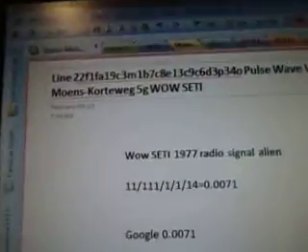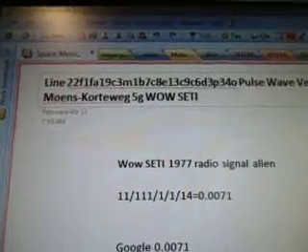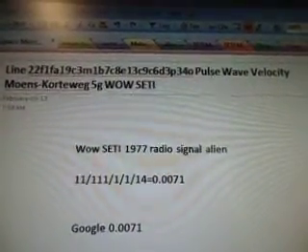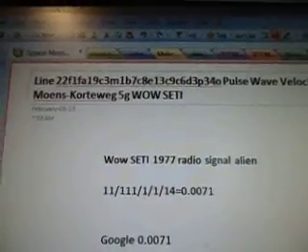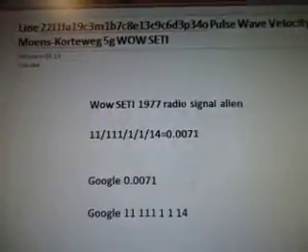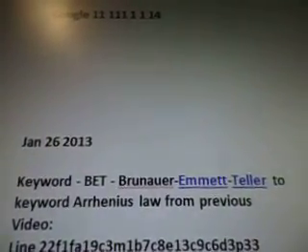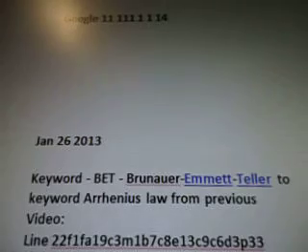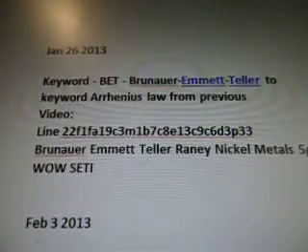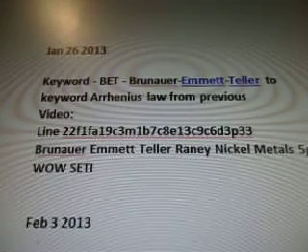284C3M1b7c8e13c9c6d3p34o. Line 22f1fa19c3m1b7c8e13c9c6d3p34o. Pulse wave velocity, Moens Korteweg, 5G Wow Seti. There's the alien radio signal. And January 26, 2013, I was working on these keywords, and today's February 14th. So the keyword vet, Brunauer-Emmett-Teller, was Arrhenius law, and then line